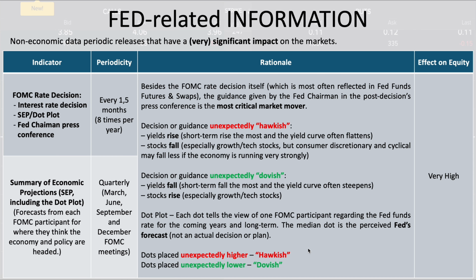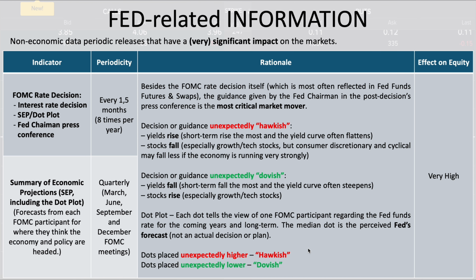Now the dot plot is important, not as important, but still very important. I mean, not as important, of course, as the decision or the guidance, because at the end, that's a decision which is made in a consensus by the Fed members. But the dot plot basically tells what each of the FOMC participants or the members believe the Fed funds rate will be for the coming years and in the long term. And so the median dot is the perceived Fed's forecast. Of course, it's a forecast, not an actual decision or a commitment to follow that direction,